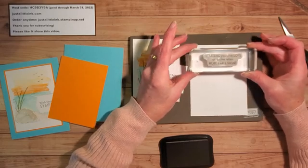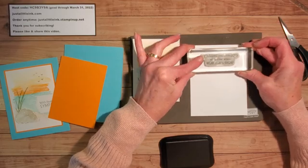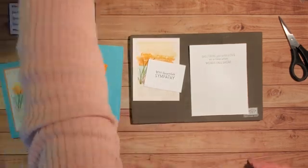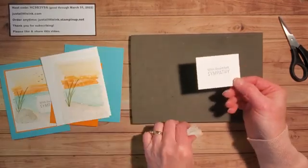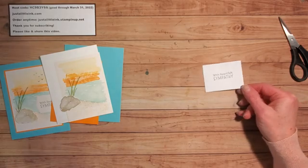Get my piece straight. Come in here, see how well I do. Good thing is I have two sides. Not bad though. Okay. So then I've got my inside of my greeting ready to go. The only thing I've got left is to assemble and to cut this piece with my Stampin' Cut and Emboss